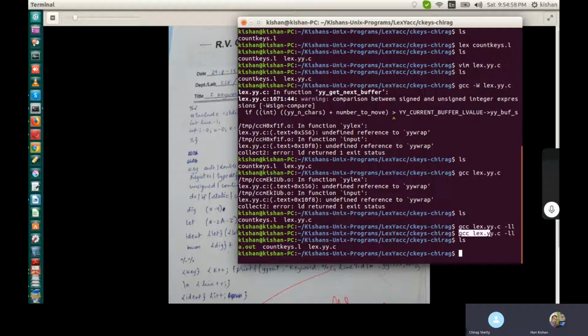Yeah, now, sir, after running this command, I said ls and a dot out is generated. The only thing you have to remember is using hyphen ll. So now if I run a dot out,